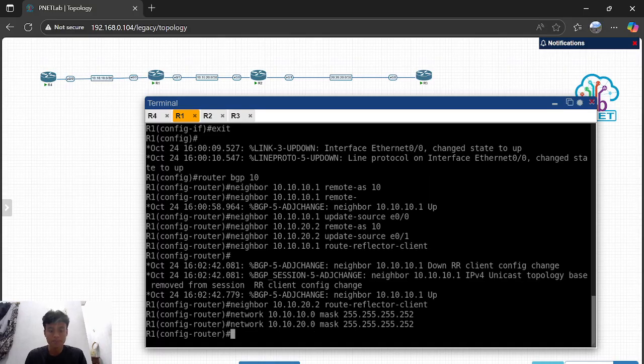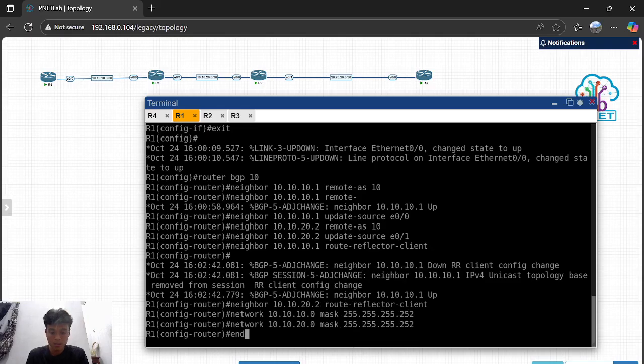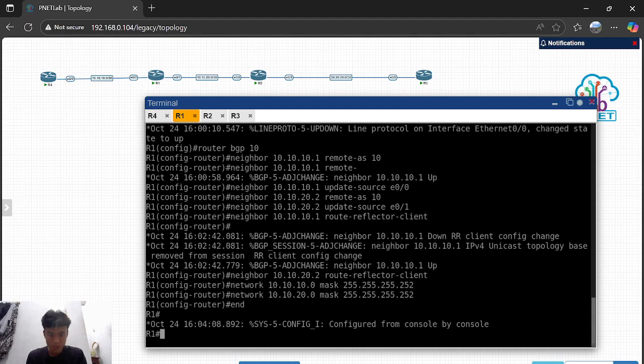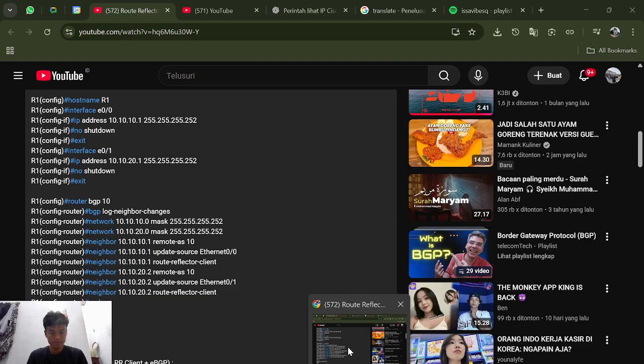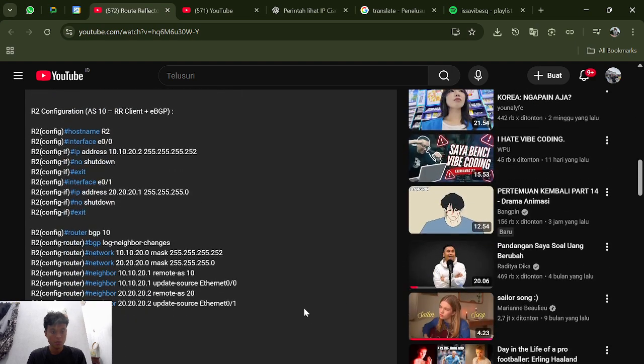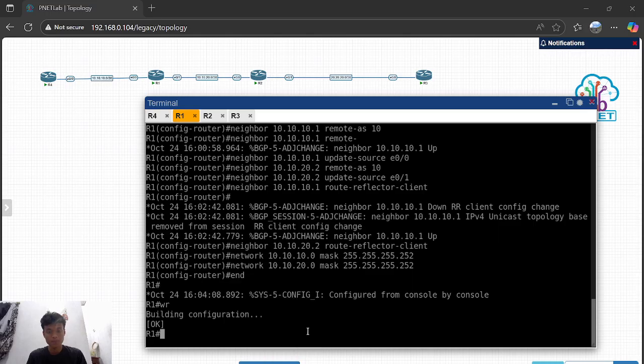Then you can enter. After that, you can end, and then you can save the configuration with WR. So this is the configuration of the second router, which is R1, and after that we move to the configuration of R2.